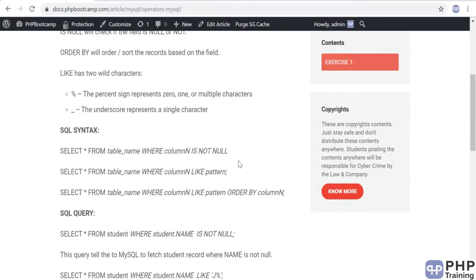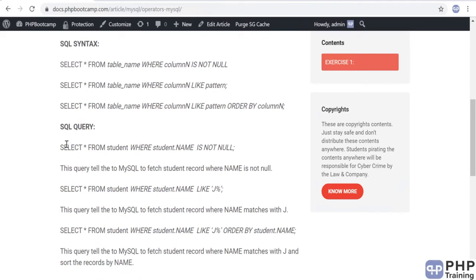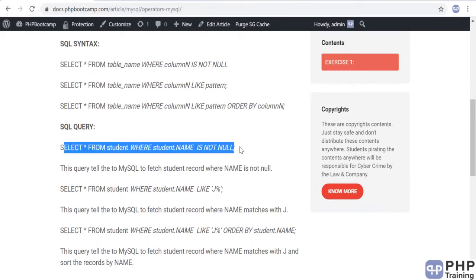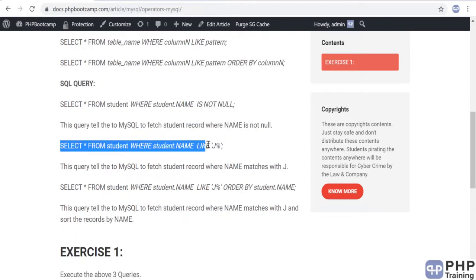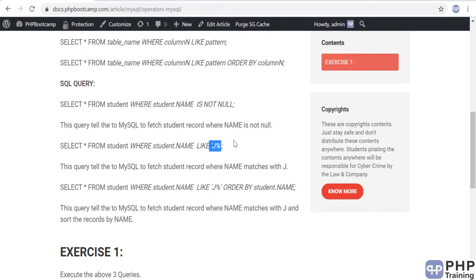All right, so how to apply this? You can say SELECT * FROM student WHERE name IS NOT NULL. When it is not null, it will fetch the records. You can even say SELECT * FROM student WHERE student name LIKE 'J%'. So all that start with J, it will fetch all those records for you. Similarly, you can say ORDER BY, and then the field name. So if you go to